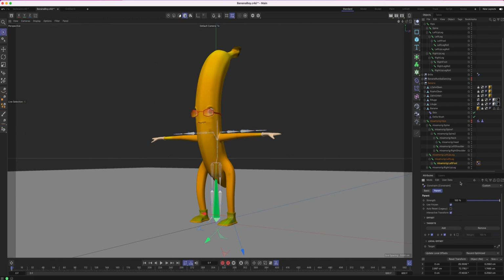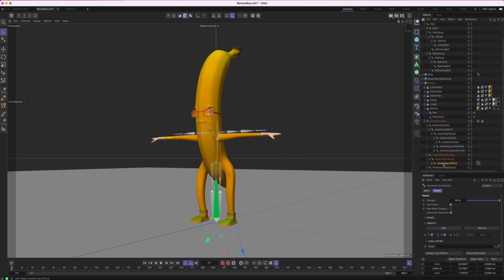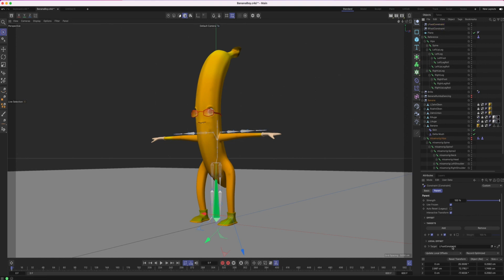Constraint urges other things to do what we want them to do. In this constraint, I gave him a parent. You can see it here. It is a parent, and what should it do? This left foot shall always go where this left foot constraint goes to. So I drag this left foot constraint into this field, and I'll do the same thing for the right